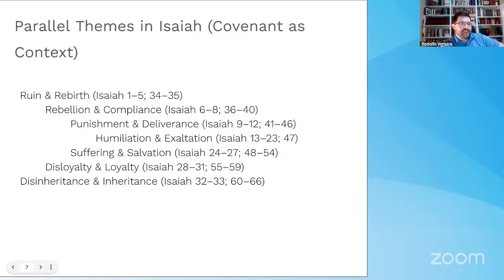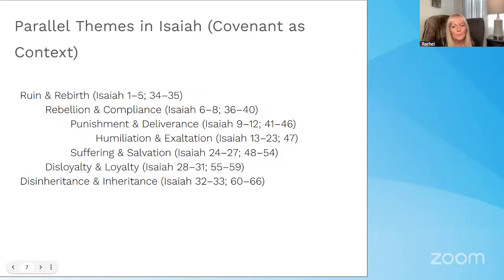So as we go through the chapters, we can mention that we'll talk more about covenant language, so that people know what to look for when a covenant is described and what words refer to that. And there's a whole theology. Yeah, for sure. And Rachel, do you want to cover some of these? These are the parallel themes in Isaiah. I don't know if you want to chime in here.